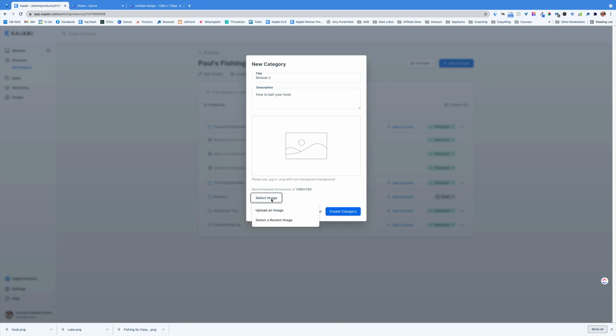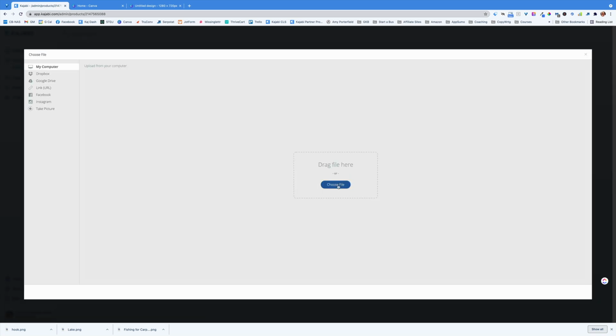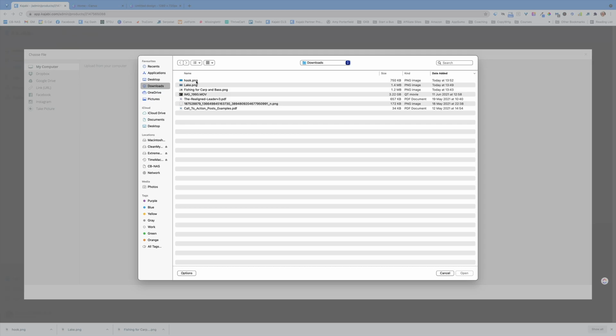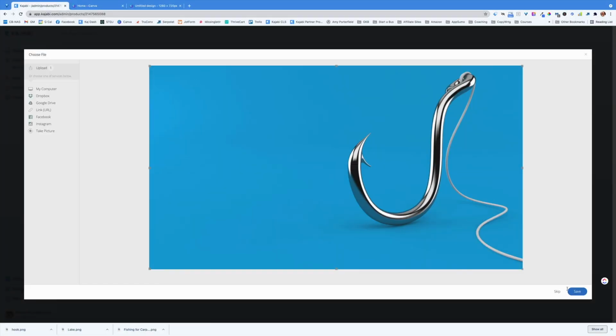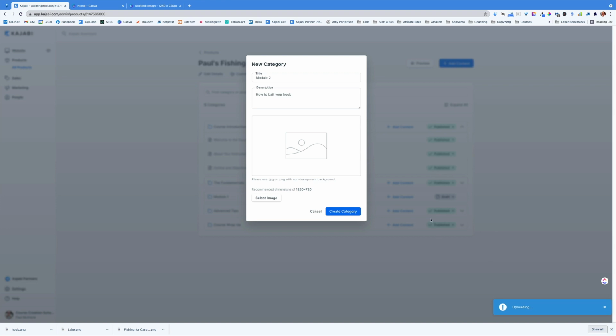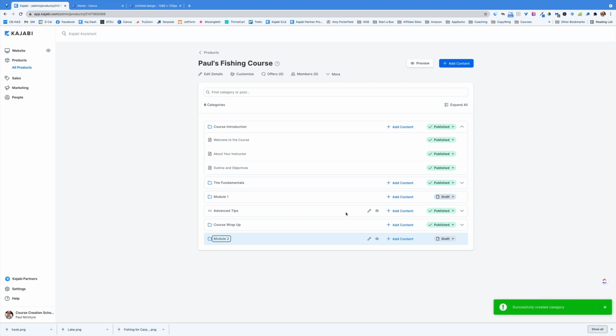I then select an image, upload an image, choose the file. There's the file I just created in a few seconds. Save the file. Wait for the image to appear before you click anything, then create category. Okay, now module 2 has been put at the bottom, so let's drag that up to where we want it,